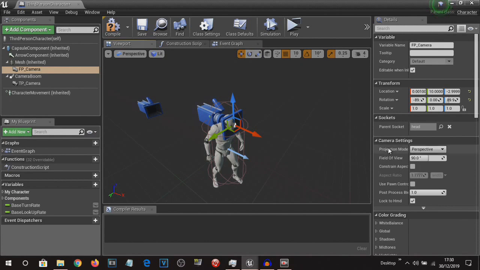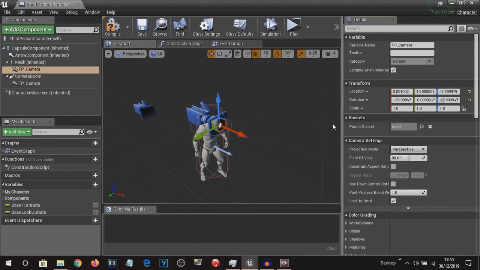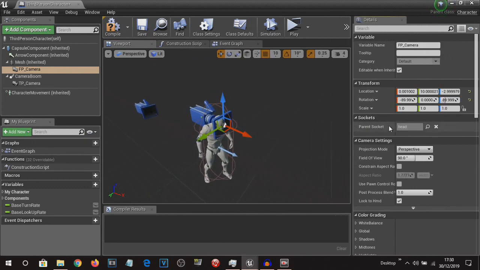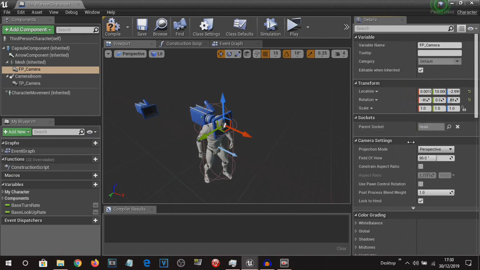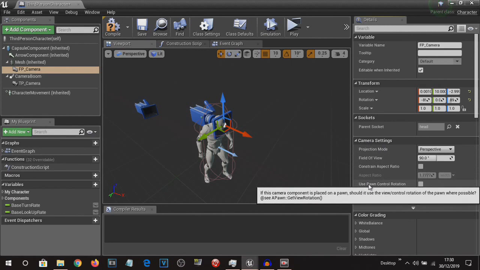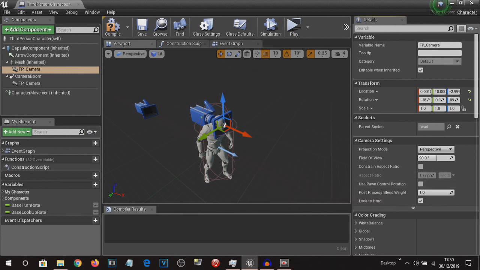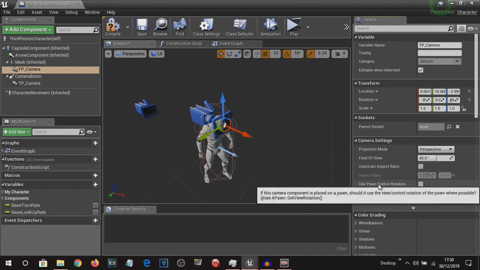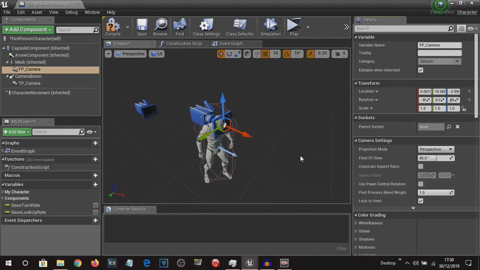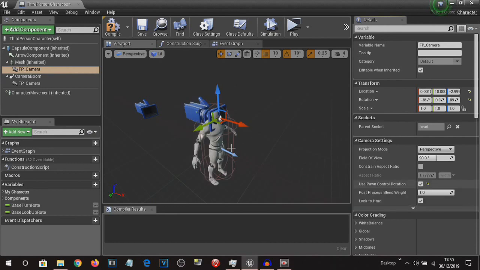We are going to stretch this out, if we can actually stretch it out. There we go. Actually, we could technically stretch the other one out. Oh, that's much better. So over here, where we have camera settings, use pawn control rotation. Now it says here, if this camera component is placed on a pawn, so like the character over here, should it use the view control rotation of the pawn where possible? So what it's going to do is, if we actually check this,